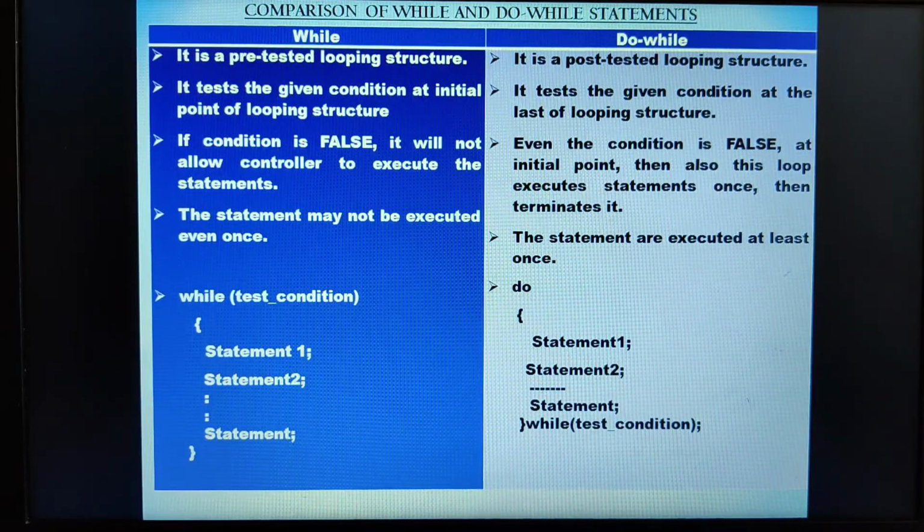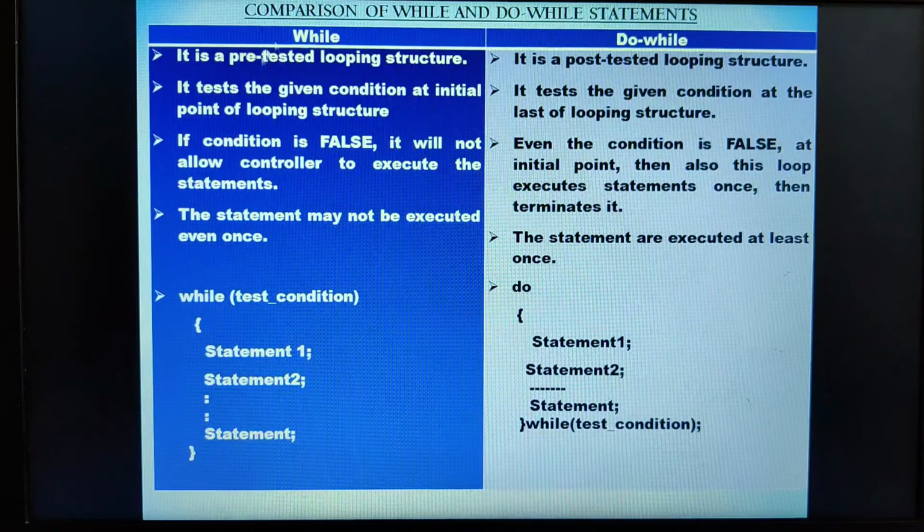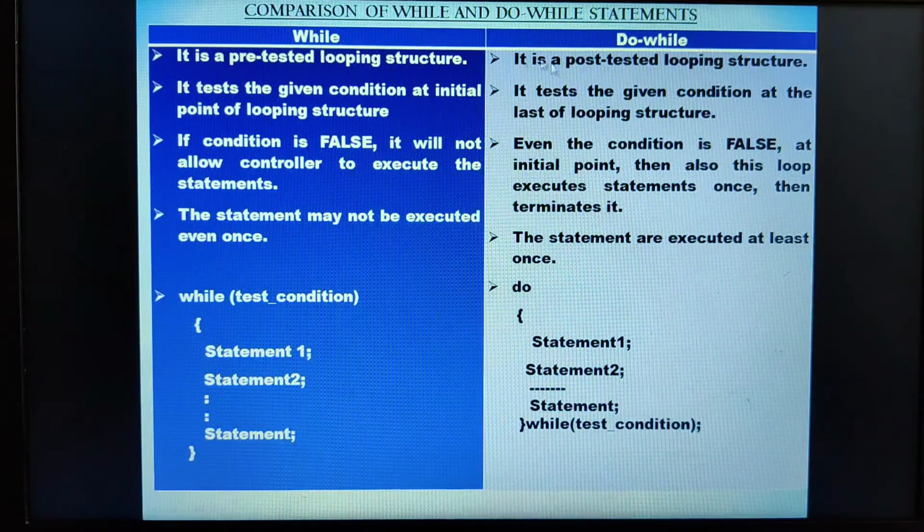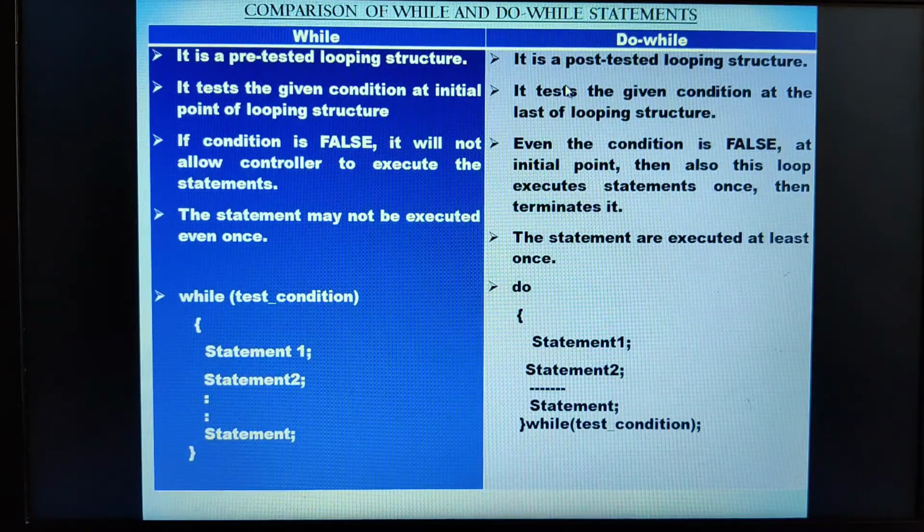Understood? So the first comparison is between while and do while, and remember, this is how you should write the differences. Some students in the examination just list out the points for RAM and list out the points for ROM. That is not the way to write the differences. This is how you should make the differences: exactly opposite, the difference with this and the difference with this should match.